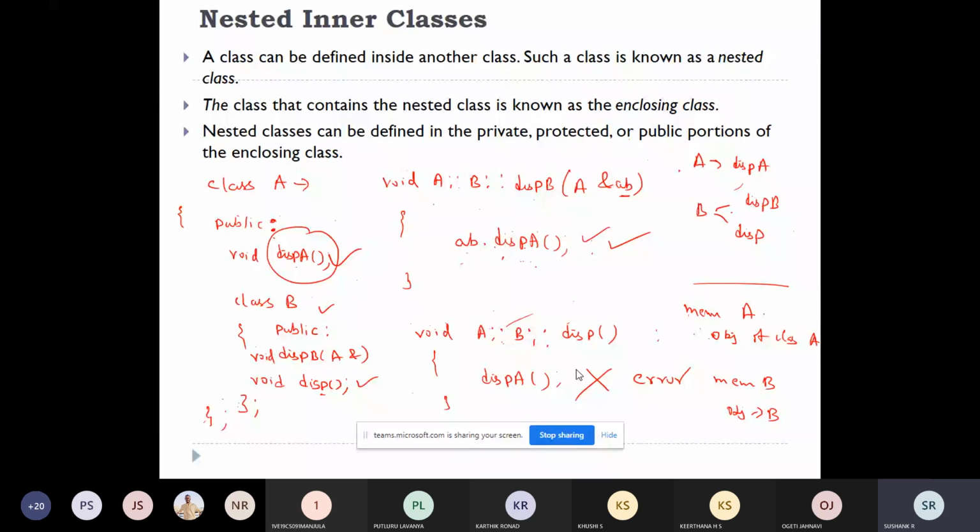So, repeat. Okay, see what happened. First thing is I created one function.